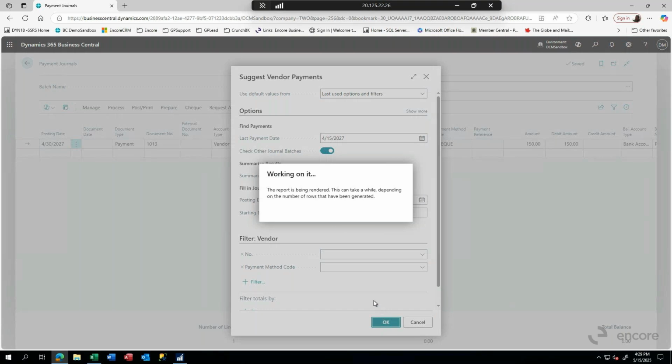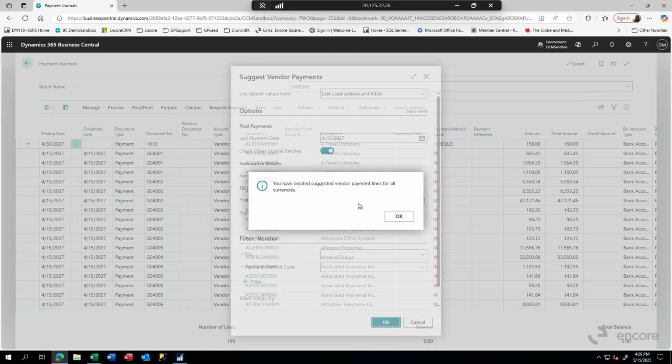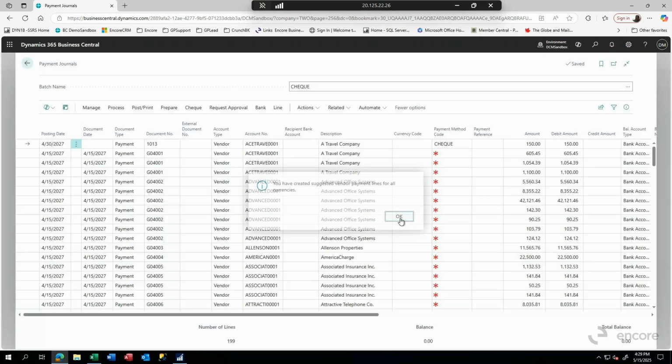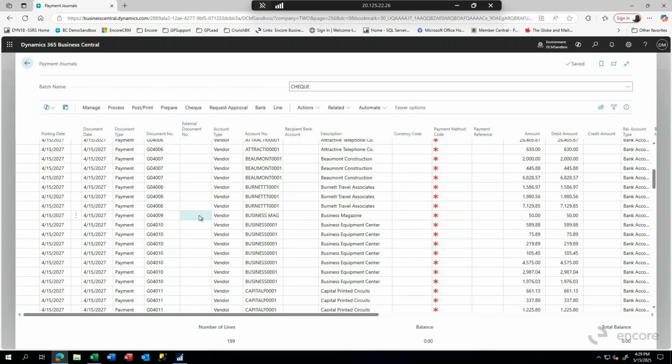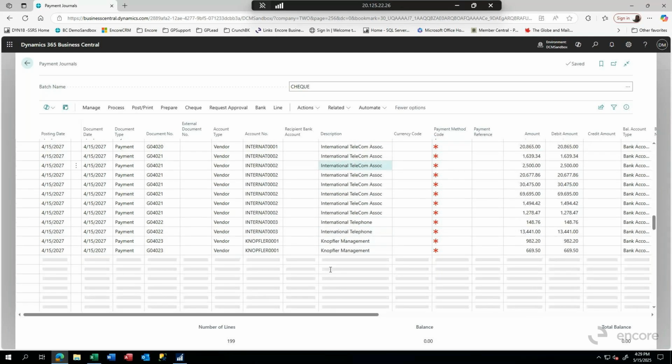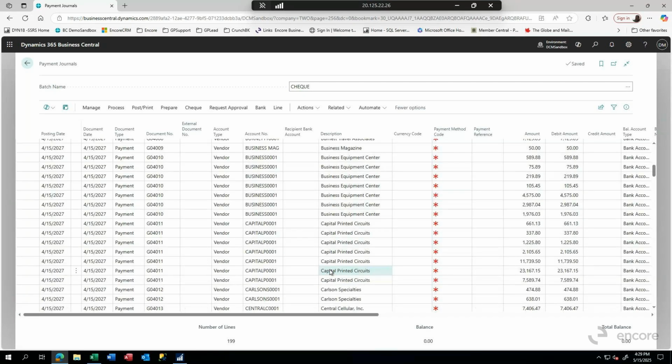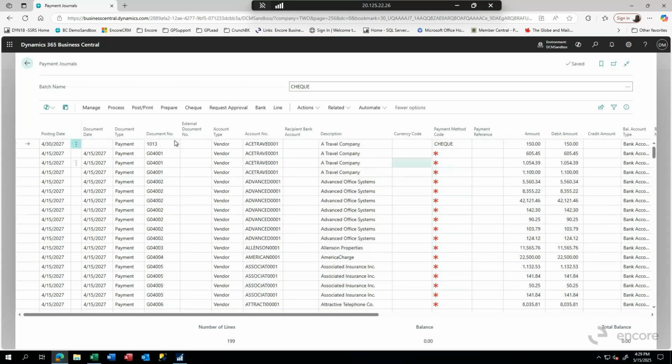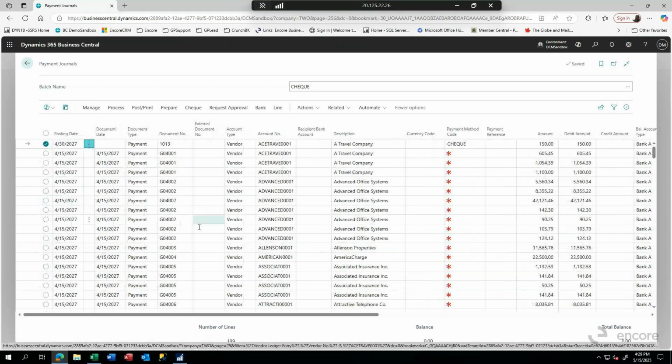And it inserts all those payments. And there it is. We go OK. So now we've got that same basic list, but what we've got is these individual documents all the way down. And then I've got some payment things that I can do from there. So this is how I generate a check. If I want to get rid of any of these, I can go up to the top here and click on this and go select more. And then I can say, well, let me see,